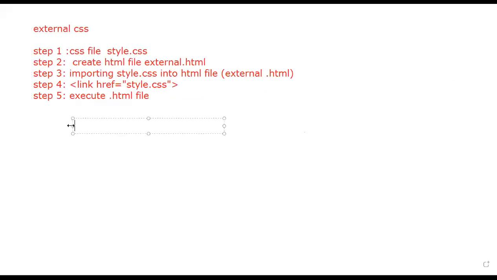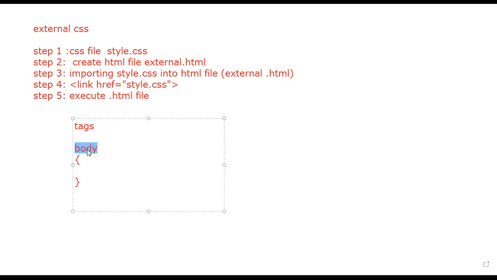When we want to write this external CSS file, we first take the tags where we want to apply the style. Suppose I want to apply style to the body tag. When a body tag appears in the HTML code, I want to set some set of values, some set of parameters. Whatever values I set here will, by default, get applied to the body tag.